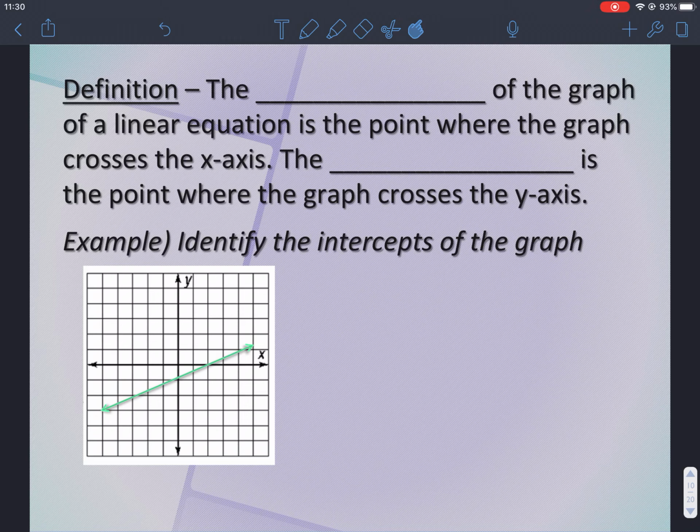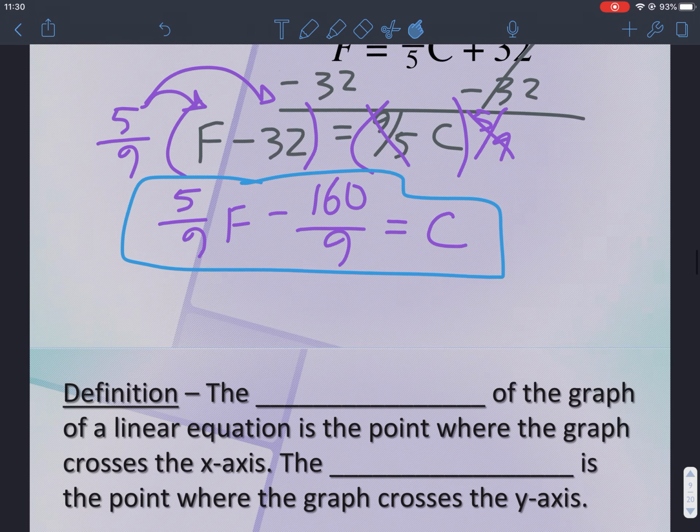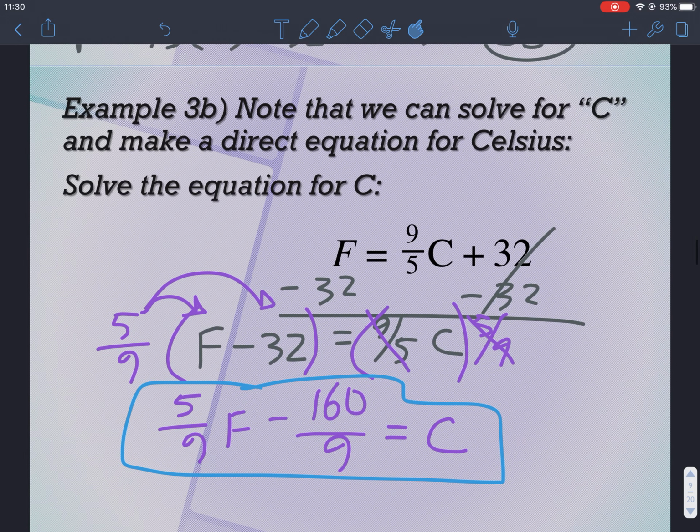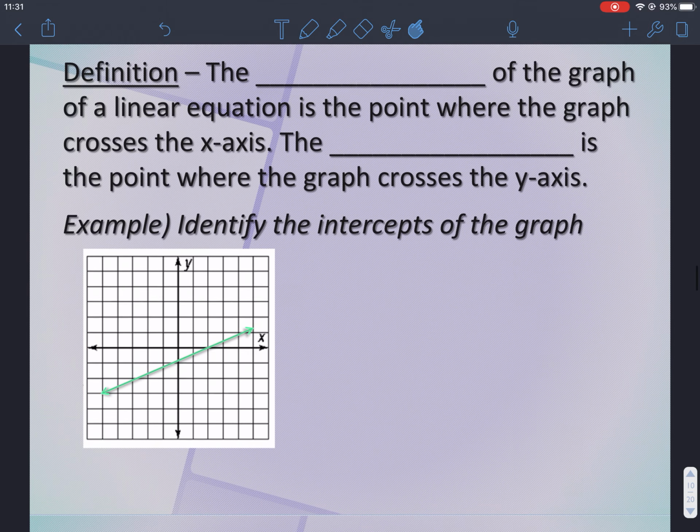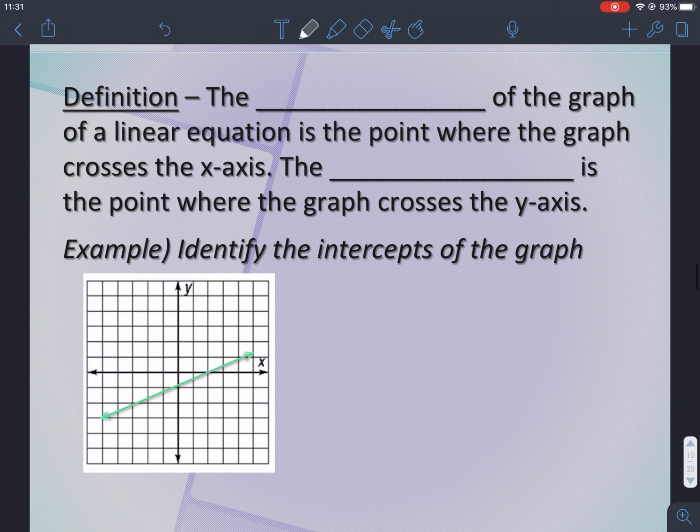This is college algebra. This is section 6.1. This is going to be part 2 of the notes. Last time we talked about solving equations and how to manipulate equations, for example, changing Fahrenheit into Celsius. Now we want to talk about the graphing side